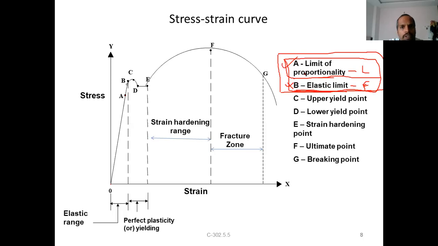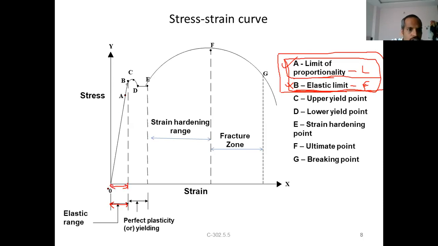As A and B, the limit of proportionality and elastic limit, are very close points, generally we assume they are equal to one another, right? In analysis, or in defining any laws, principles, etc., that's the importance of the elastic limit. Now if you see, up to this point E, we call it the elastic range. Means if you remove the load, the mild steel specimen comes to its original shape, even though some deformation is there. Means the change in length, how much is there? Up to this point, the length will increase.